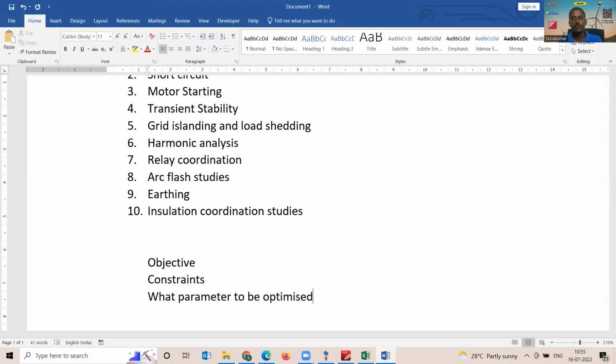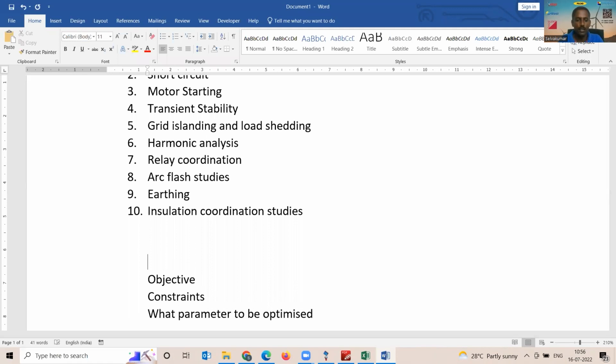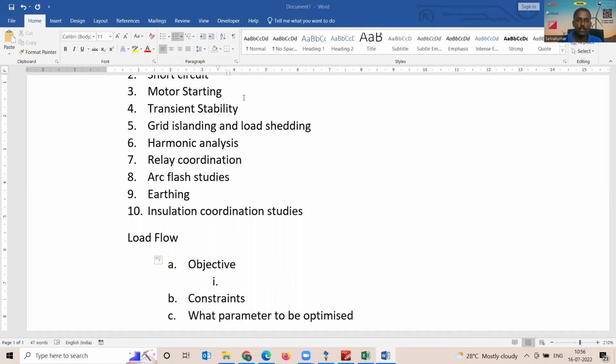I guess time may not allow us to go through the objective, constraints, and what parameters are to be optimized for all studies, but at least let us try our level best to put up the objective, constraints, and what parameters are to be optimized, at least for a load flow. What's the objective of load flow? Let's take only load flow, not really anything else. Specific to this project,